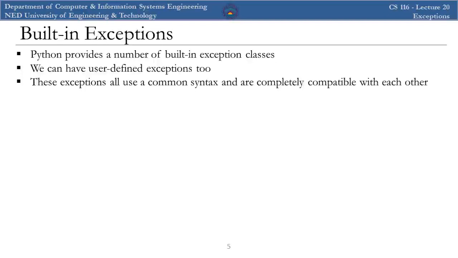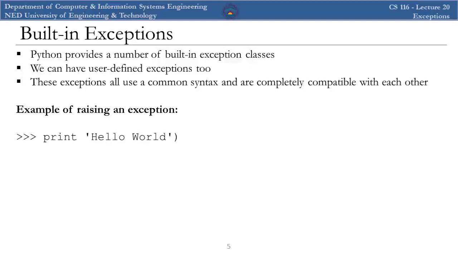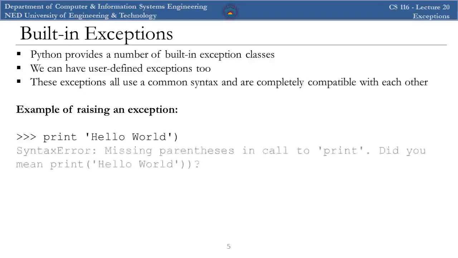We have already seen some exceptions without knowing the name. We know what Python prints when some error occurs, but now we know that those errors are called exceptions. So let's recall that first. For example, I print this statement. You can see there is a syntax error in this statement. I'm not using the opening bracket in that print function. So if you run this,